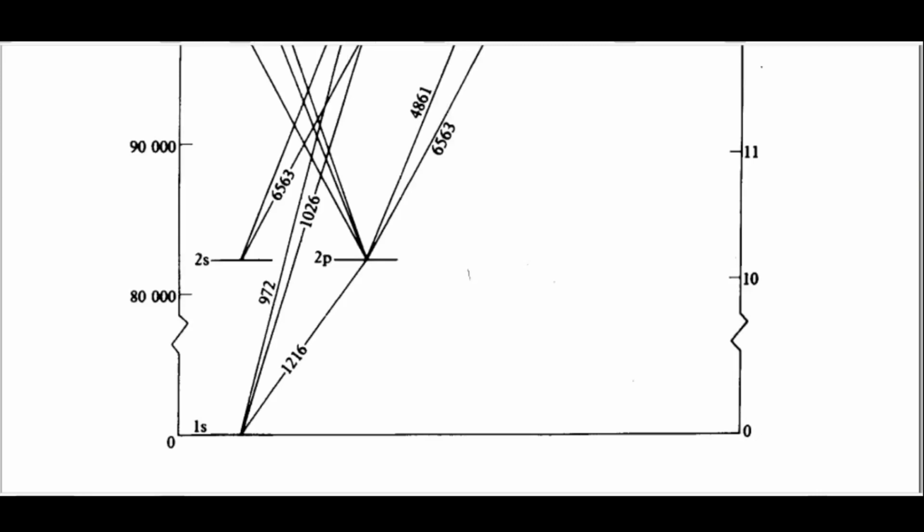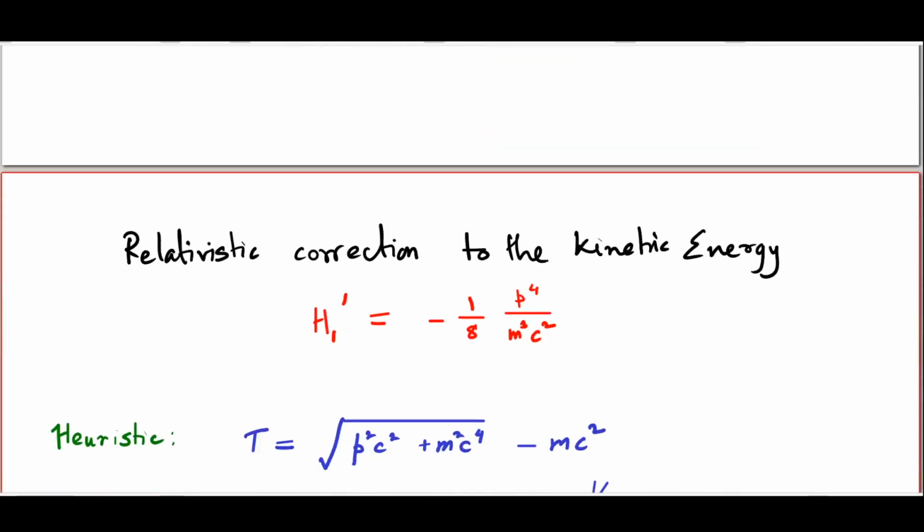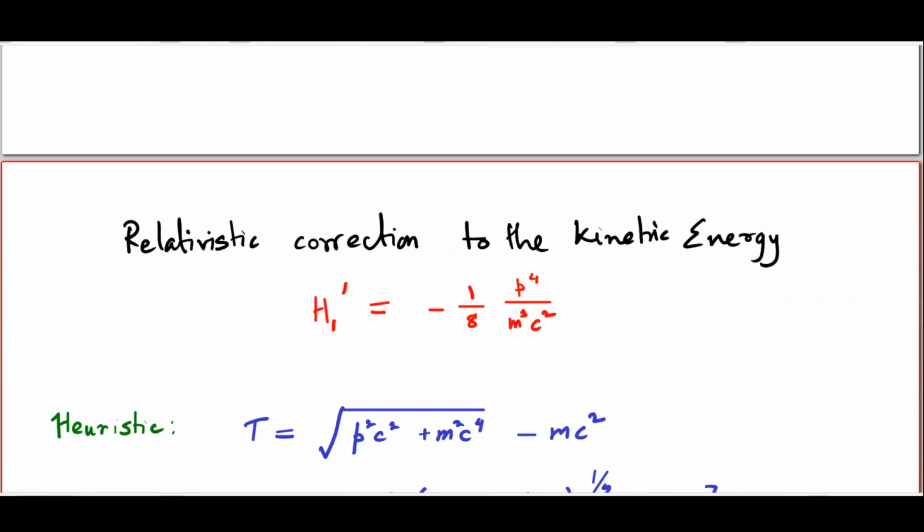Let us now turn to calculating the first order corrections due to the perturbation terms one by one. We will first look at the relativistic correction to the kinetic energy, H1 prime, which, remember, was equal to minus 1/8 p to the 4 by m cubed c squared. Now, as I have already said, the proper way to derive this correction term would be to start from the Dirac equation